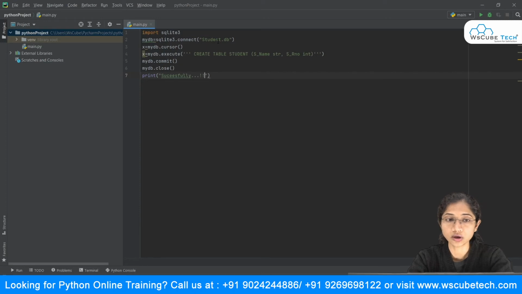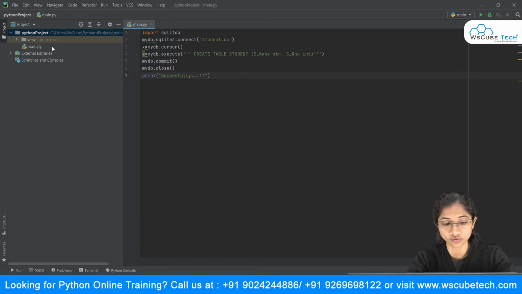In this case we are not having any existing database by this name, so it will definitely create this database for us by the name student. So as soon as I click run, you will see that this student db file has been created.